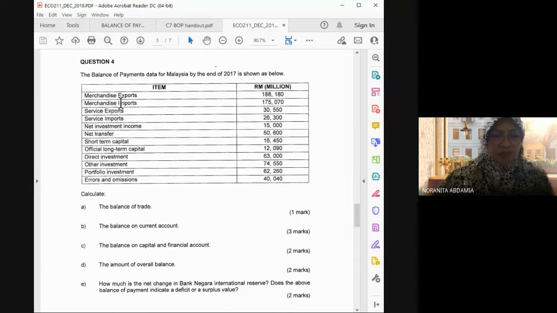Okay, after that, for this question, cuba tengok. What you should do? You have to label. Okay, label in this balance of payment, I really advise you to label dua benda. Apa dia? Label sub account and then label major account. Satu item tu label sub account and then major account. Sub account first and then major account. Tetapi kalau item ni dah memang sah tulis sub account, nama tu adalah nama sub account, no need to label as a sub account more. So just label as a major account.